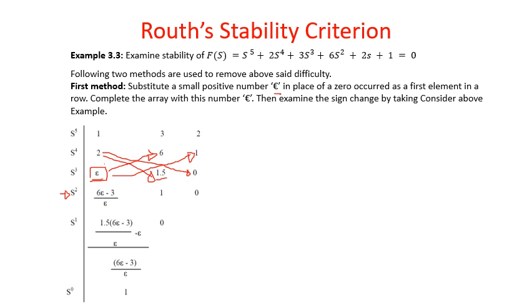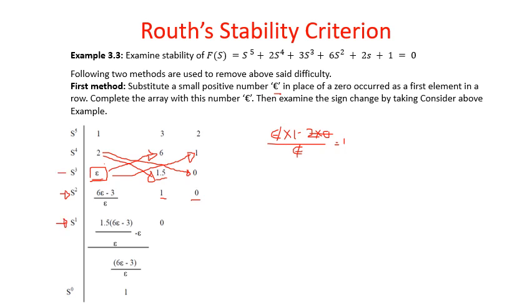I'll show you how we got that: epsilon multiplied by 1 minus 2 into 0, whole divided by epsilon itself. So 2 into 0 will be 0. This epsilon gets cancelled, and you will be left with 1 only. So here we are going to get 1. Next, coming to the next row, we don't have anything in this column, so it will be 0. Next, to fill the S1th row, what we have to do is